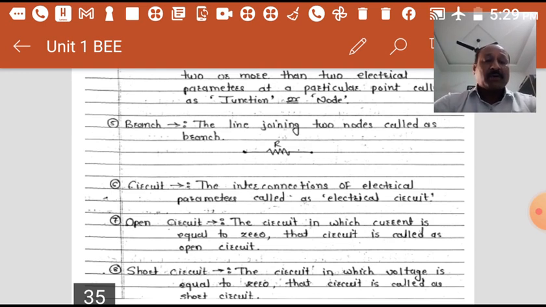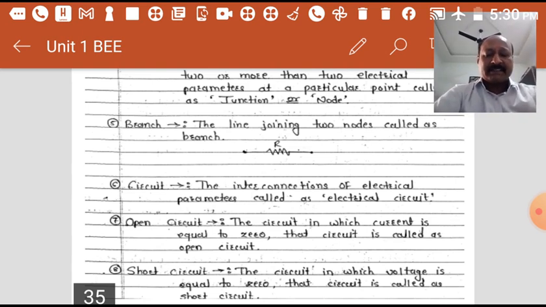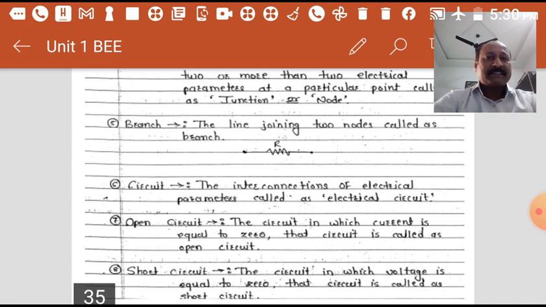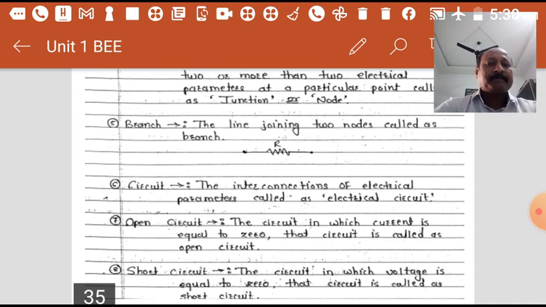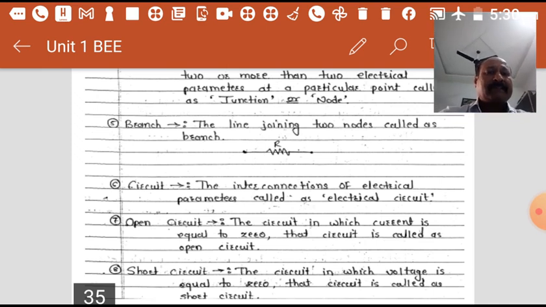And one more circuit is there, the earth leakage circuit. Under that condition, if the live wire touches the body of the fan, that circuit is called an earth leakage circuit. So in this way, four circuits are there. First is the closed circuit, that is the normal circuit. Second is the open circuit. Third is the short circuit, and the last one is the leakage circuit.